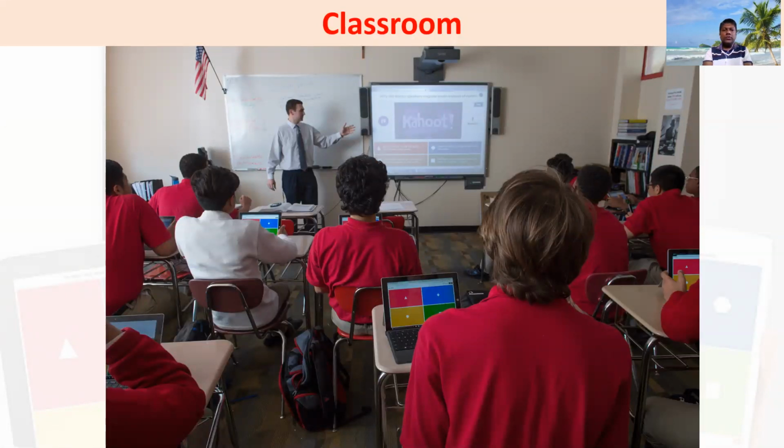The students and the teacher must be in the same place at the same time, right? If you want to play as classroom method, then students and the teacher must be in the same place and the same time. Then here in this picture, you can see the screen from the teacher's point of view, then small tabs or computers with the students. The teacher shows the question and the answers. The students can see only answers, right? Then at the particular time, the teacher starts the game, and students are allowed to give their answers. That's the way of playing classroom.